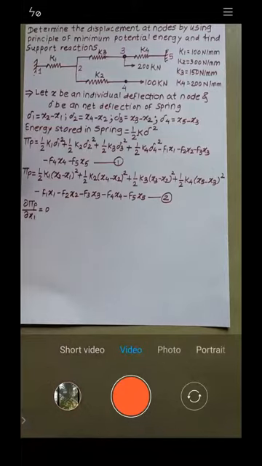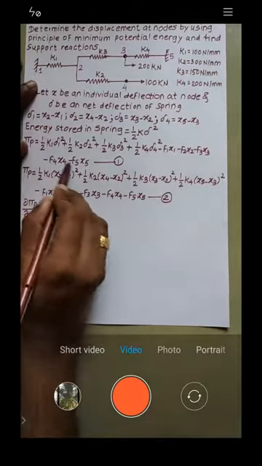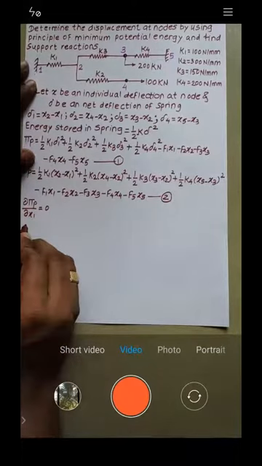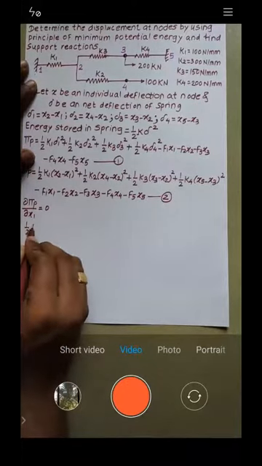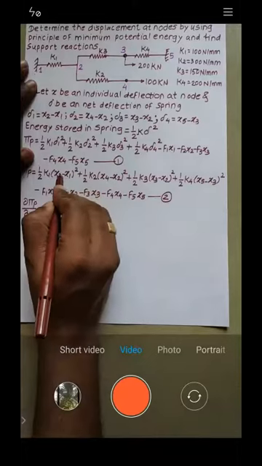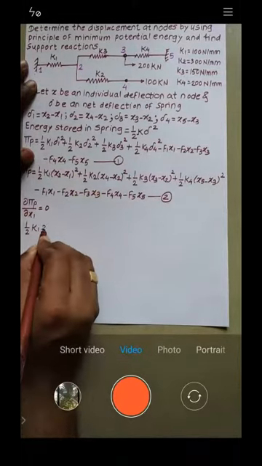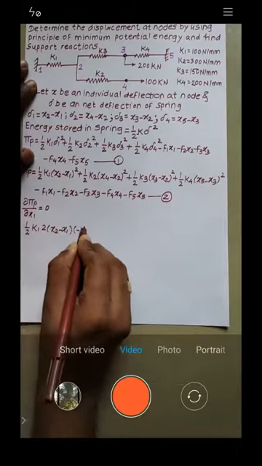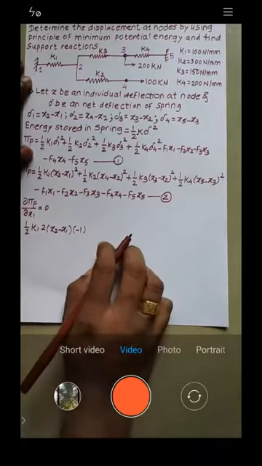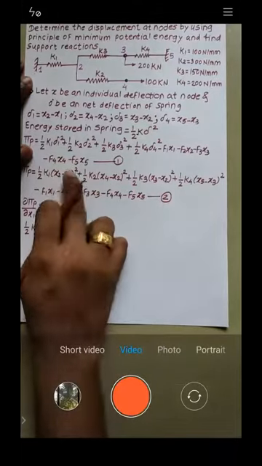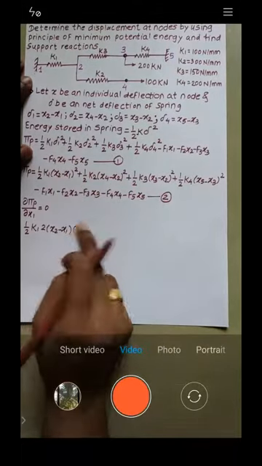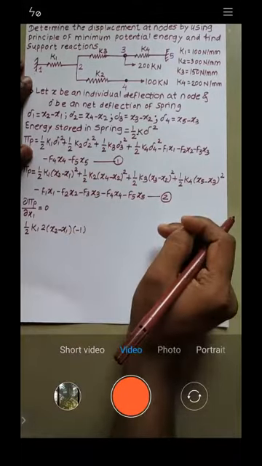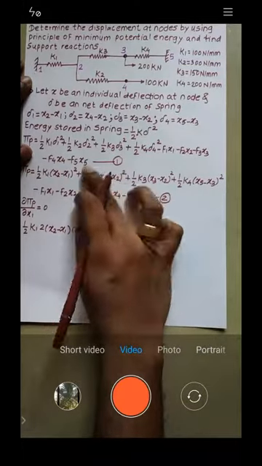Okay, so let's see what I will get. What is the differentiation of this term with respect to x1? What I will get? Half k1. Okay, what is the differentiation of this with respect to x1? That is twice of (x2 minus x1) into minus 1. Is it okay? Minus 1, because you have the minus sign here, that's why it is minus 1, right? Is it okay? Differentiation of this term is 0 because no x1.